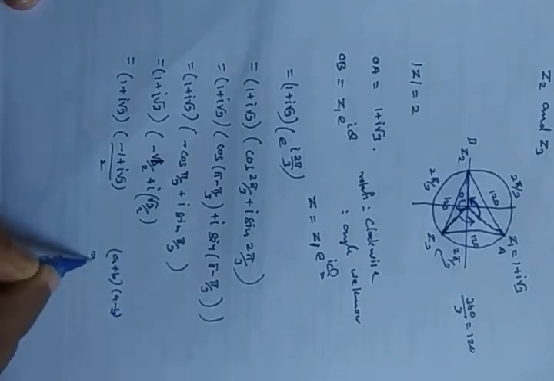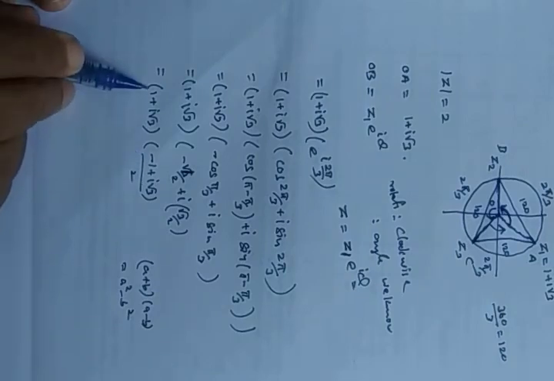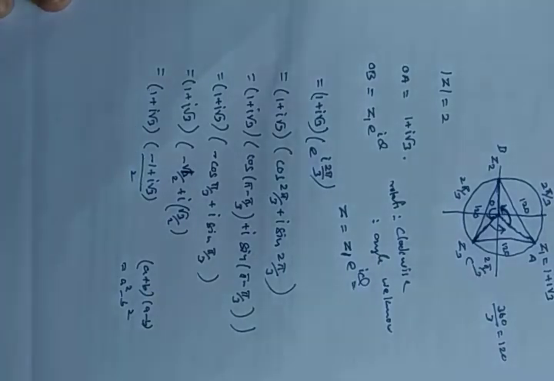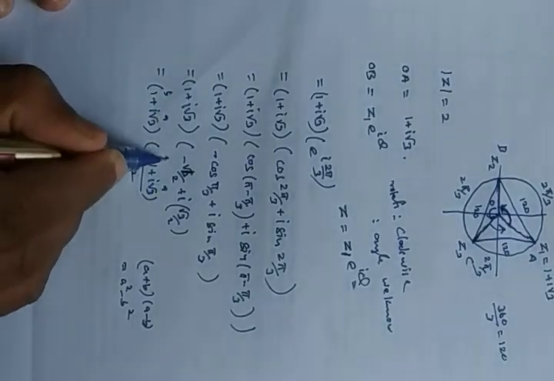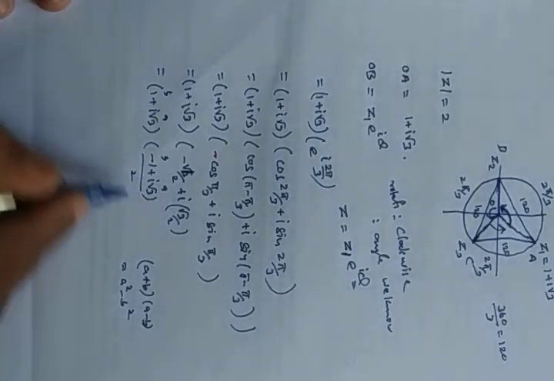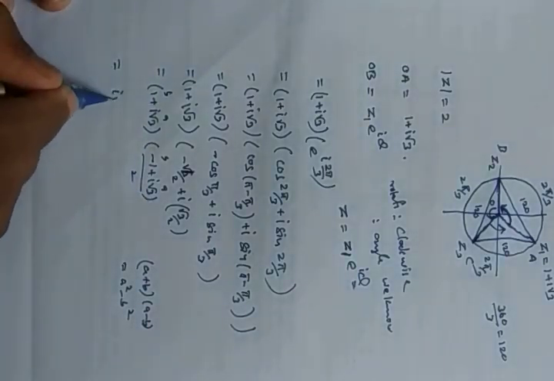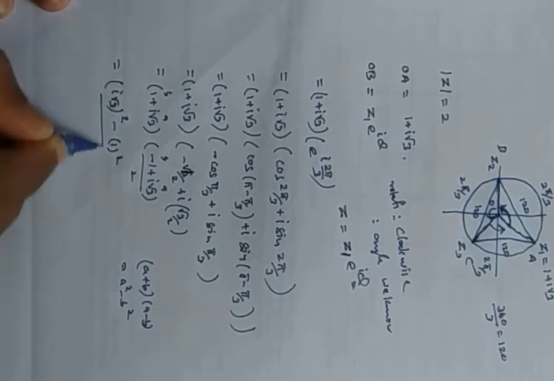What is the formula? That is the a square minus b square formula. So you can see here i root 3, this is a minus b, a plus b. Reverse, this is a, this is b. a plus b into a minus b. So therefore we can write (i root 3) whole square minus 1 square, divided by 2.